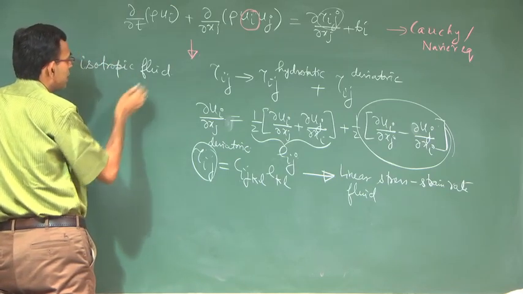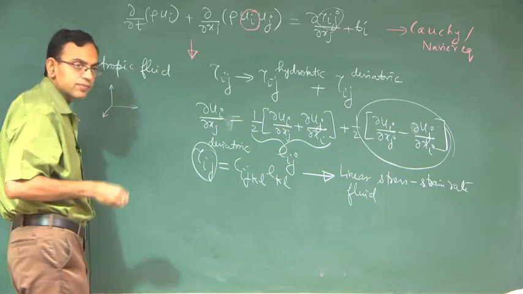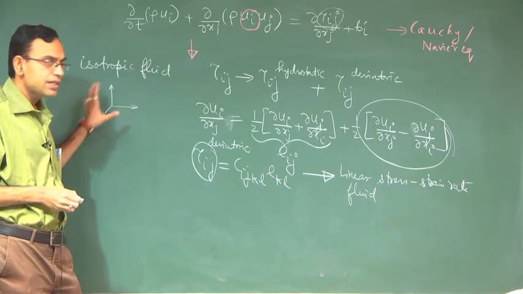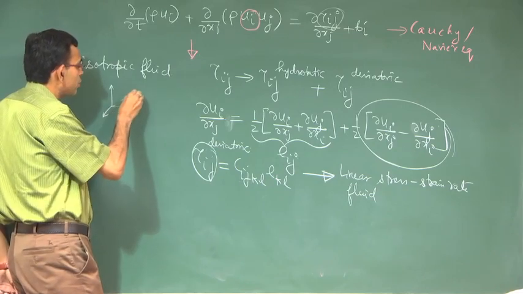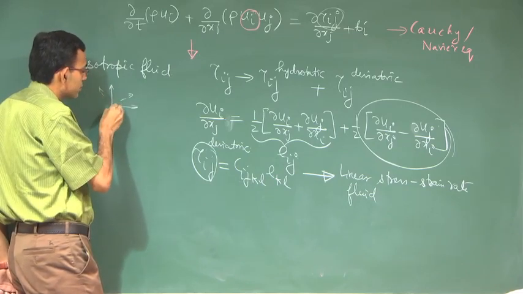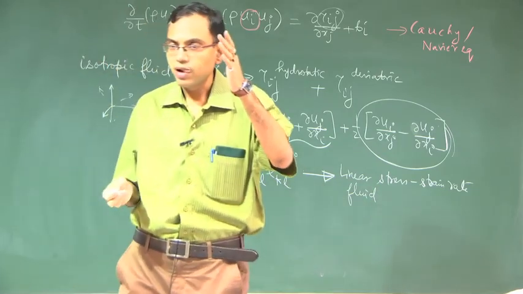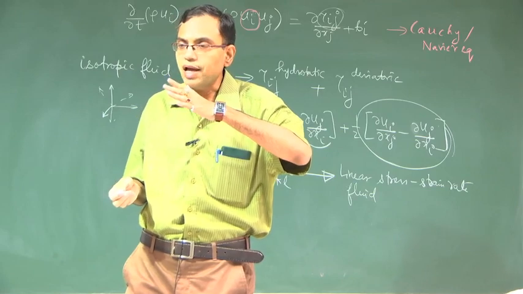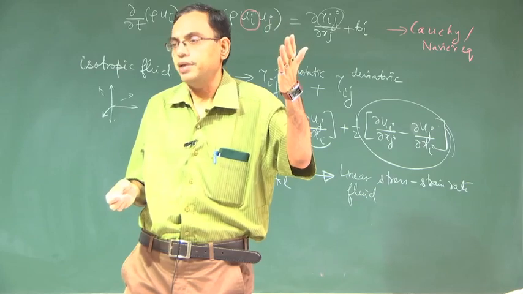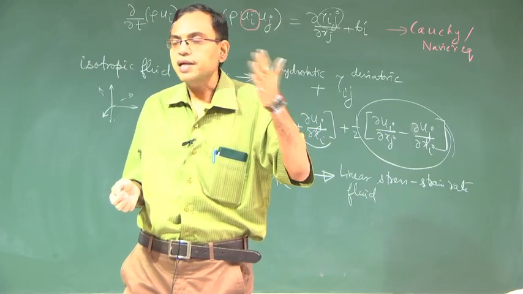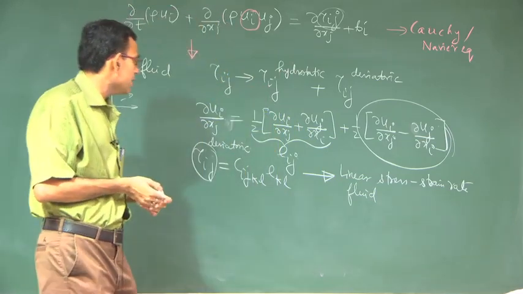What is the property of isotropy? Say you have a coordinate system, coordinate axis like this. You measure properties with respect to these coordinate axis. Now, say you make an arbitrary rotation of this coordinate axis. So, by rotation what you are doing? You are essentially changing the direction. If along those directions also you see the same property, that means properties are direction independent, then that is called as isotropic. So, isotropic means direction independent,